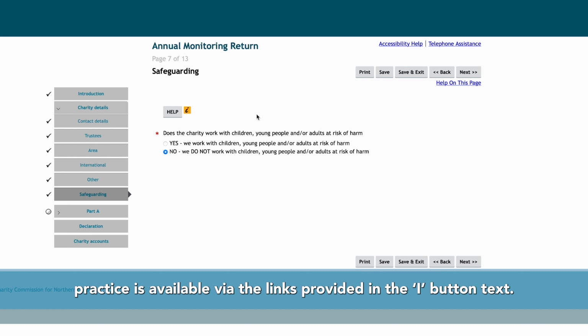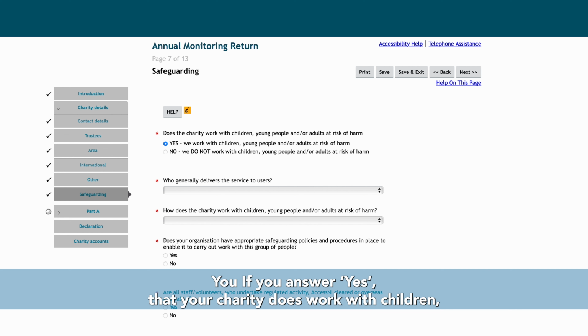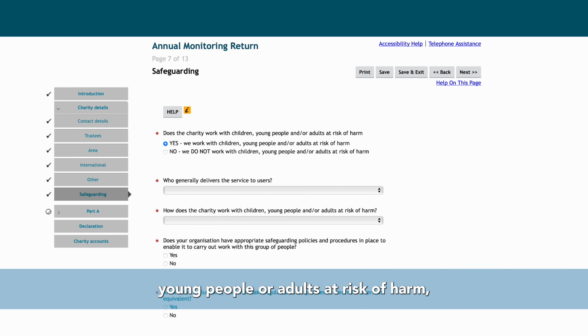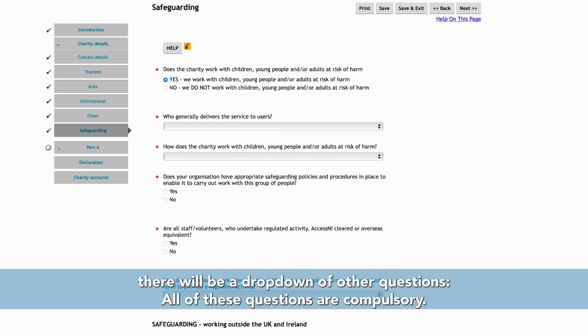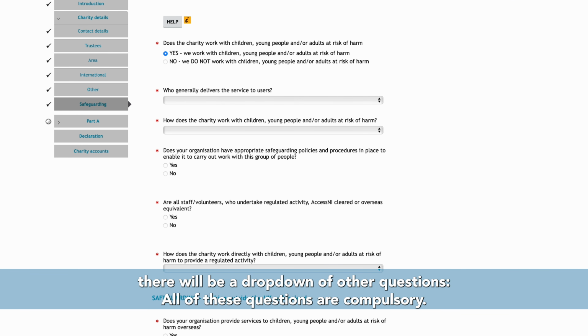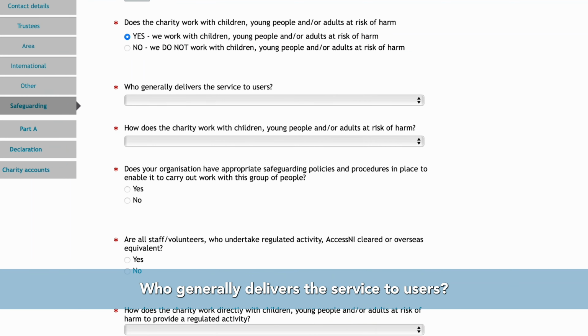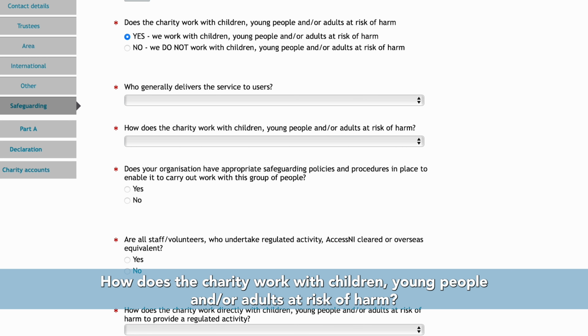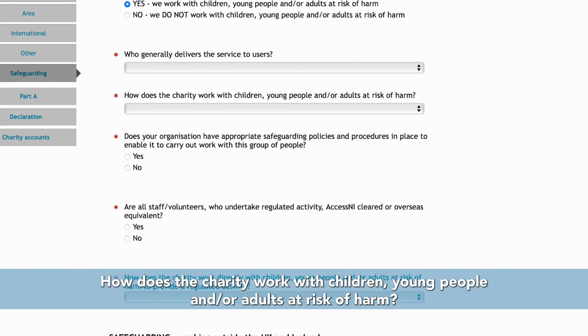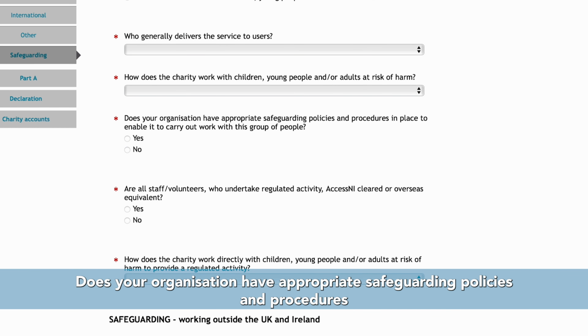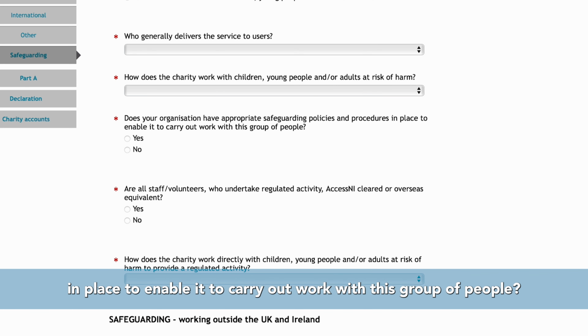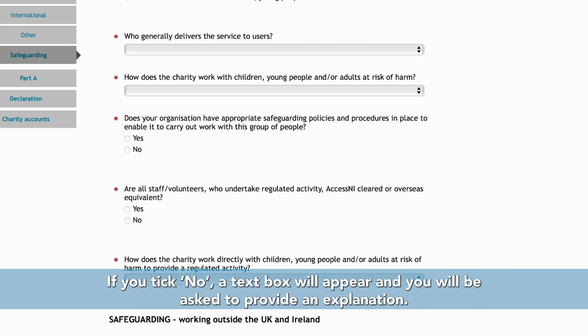the I button text. If you answer yes, that your charity does work with children, young people or adults at risk of harm, there will be a drop-down of other questions. All of these questions are compulsory. Who generally delivers the service to users? How does the charity work with children, young people and/or adults at risk of harm? Does your organisation have appropriate safeguarding policies and procedures in place to enable it to carry out work with this group of people? If you tick No, a text box will appear and you will be asked to provide an